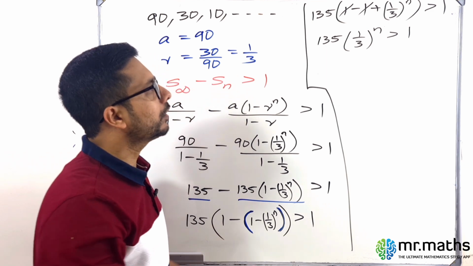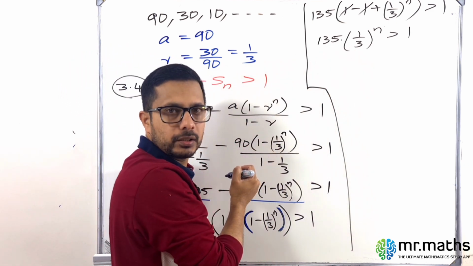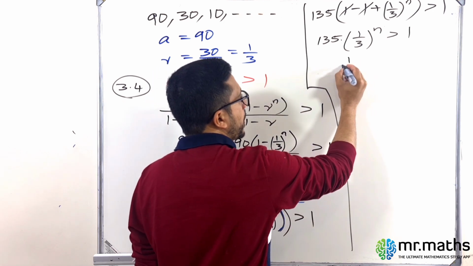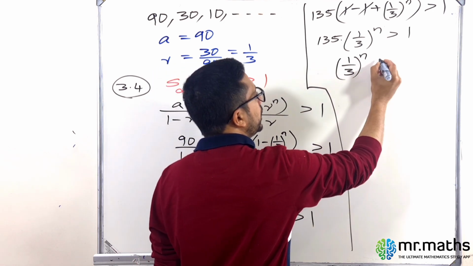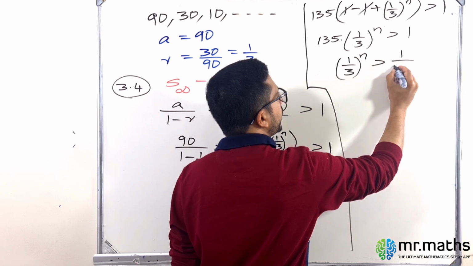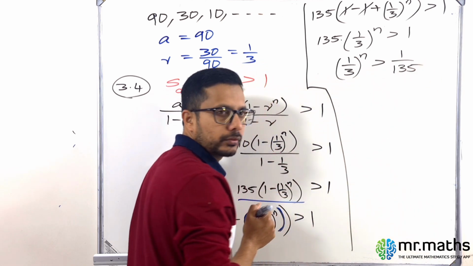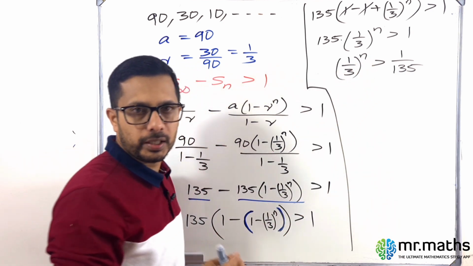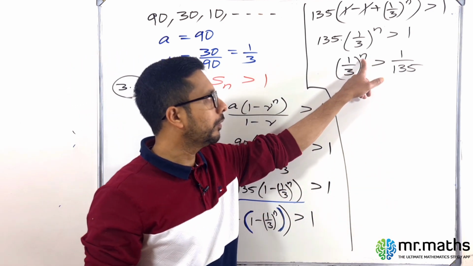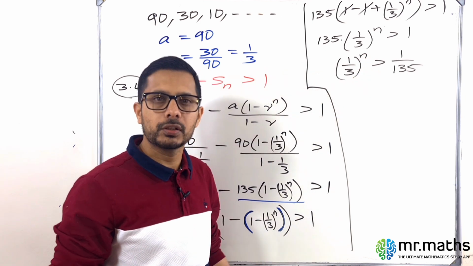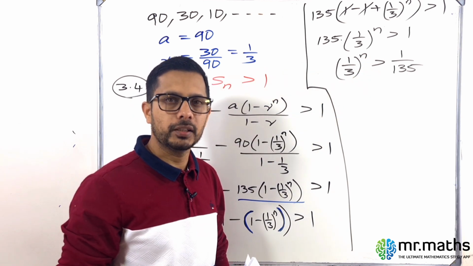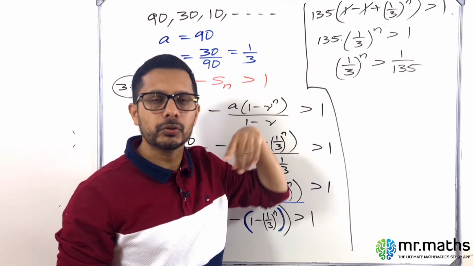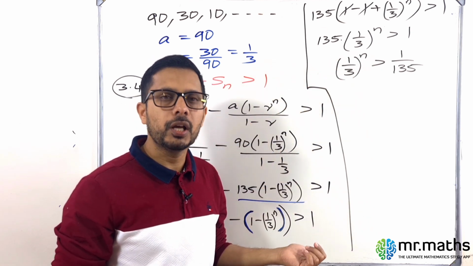Here this 135 is multiplication, so if I take this 135 to the other side, it is division. So 1 over 3 raised to n is greater than 1 divided by 135. Now we have to find the largest value of n. That is the question. Here n is a power, so how can you find the value of n? When n is an exponent, we have to take the